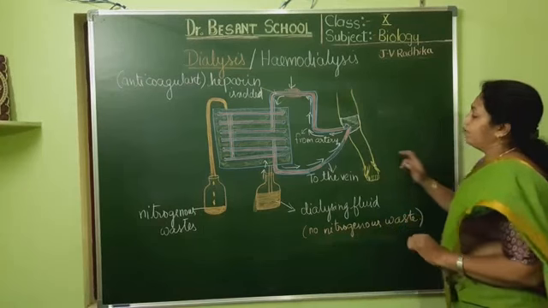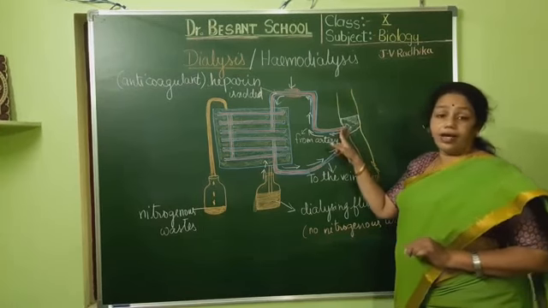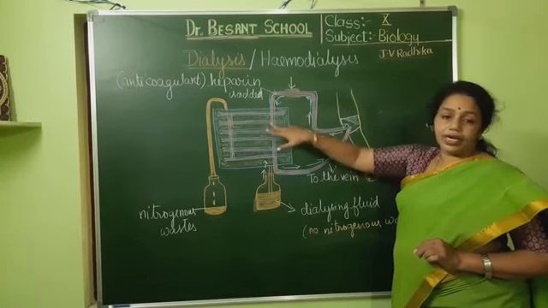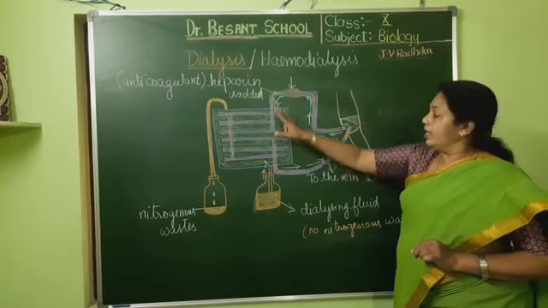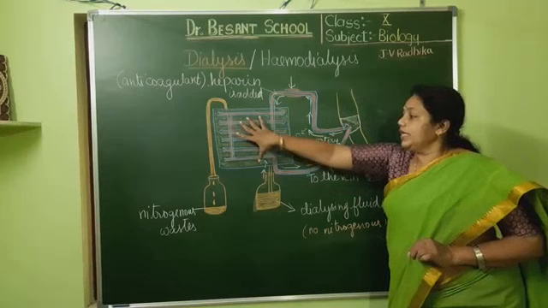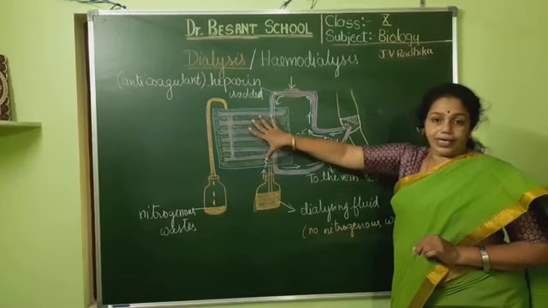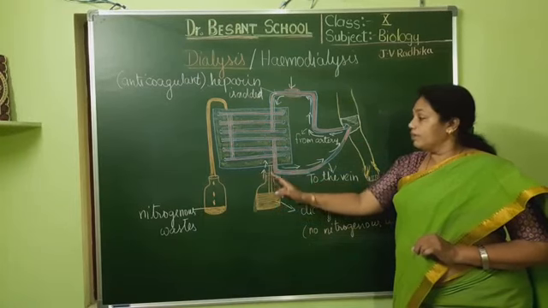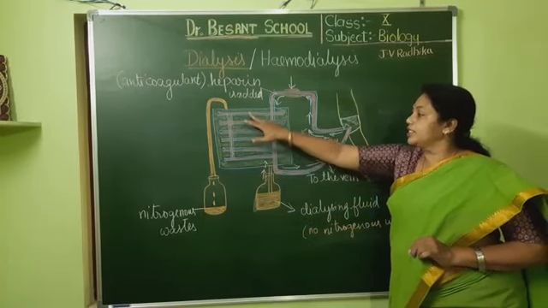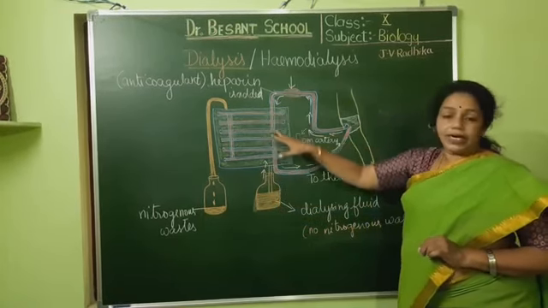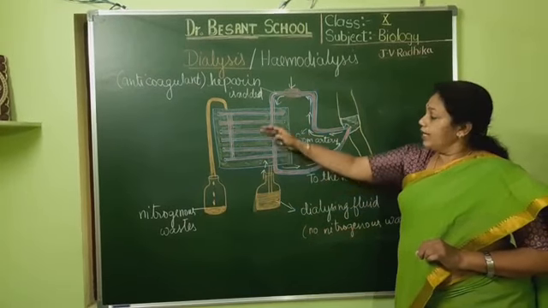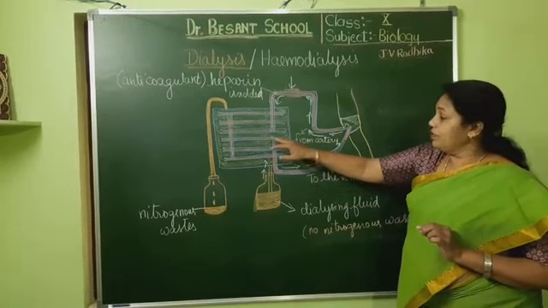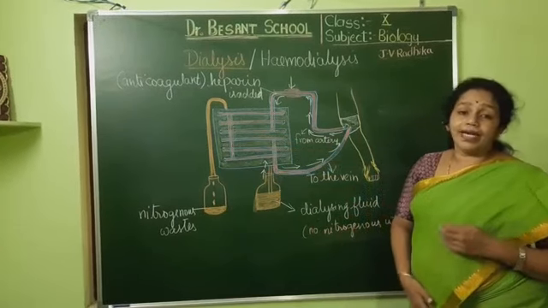Now what happens? See, the blood is collected from the artery. As this blood passes through, heparin is injected into it. Then as it passes through this tank, what is there? The dialyzing fluid is there, coming from this dialyzer. As it fills, in between that, the blood is flowing through the cellophane tubes. They are surrounded by the cellophane membrane, and this cellophane membrane is permeable in nature.